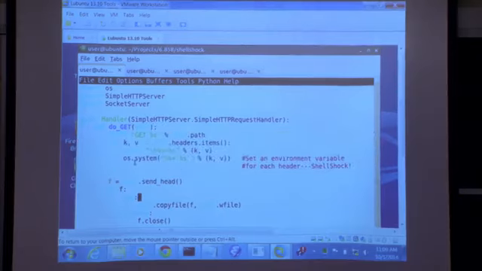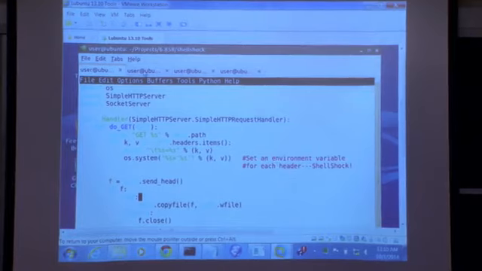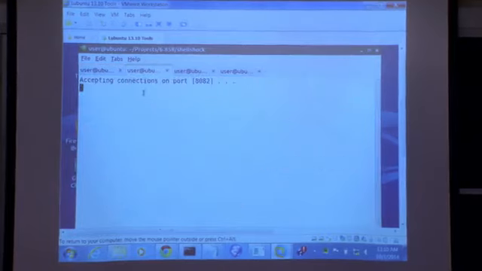And then in this dirt simple example, it's going to do something very dumb, which is execute the system call, right, and just directly set the environment value to the value specified in the header, right? And so that's the whole root of the vulnerability. So if I come over here and I start my victim web server, okay, so it's now ready to accept